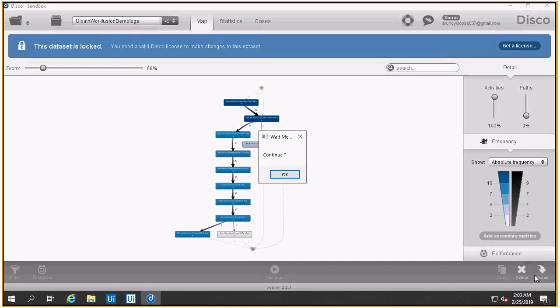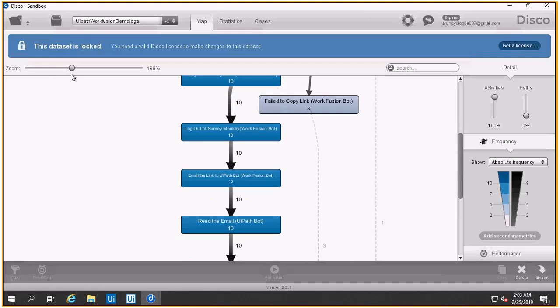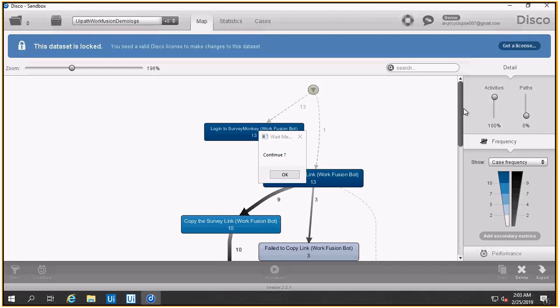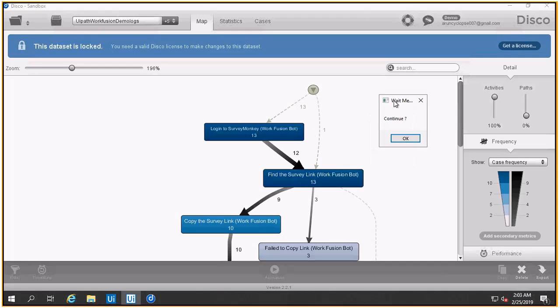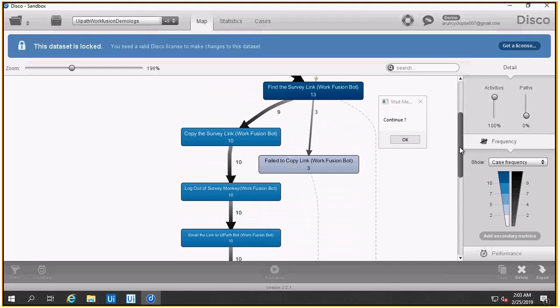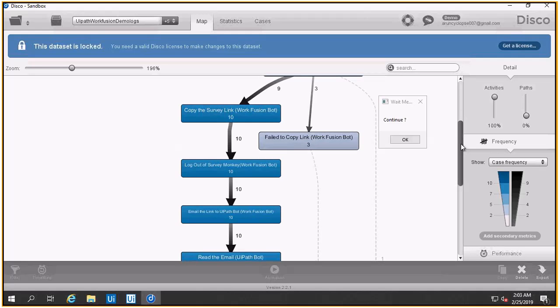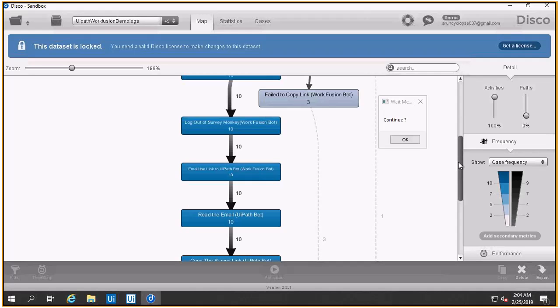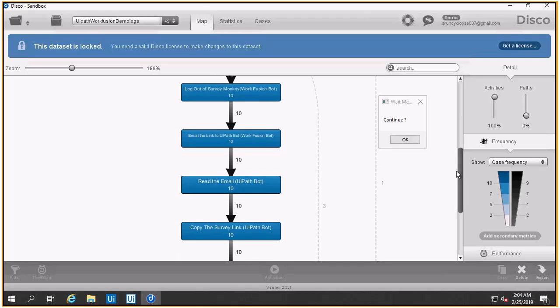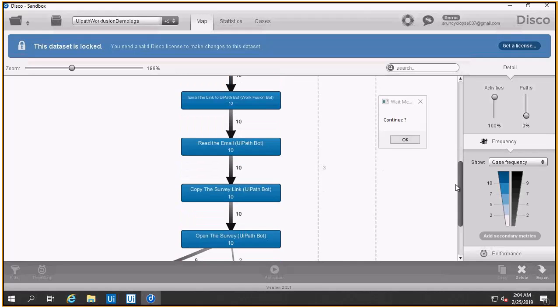Let's say continue, and now the bot is trying to reconstruct the process, and let me zoom in so that everyone can look at the process. As you see, the WorkFusion bot kickstarts the process by logging into SurveyMonkey. It finds the link and copies the survey link. And there is an exception which happened here, which just failed to copy the link, and the process stops there. So that's one path. The second one is the normal happy path, which has a logout,